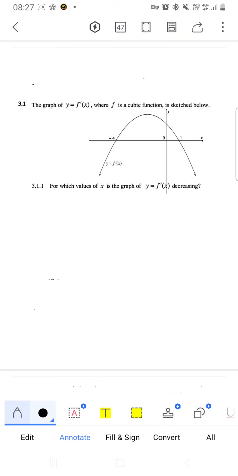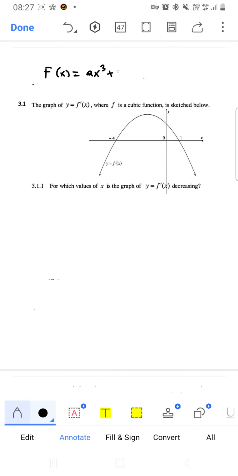The graph of y is equal to the first derivative of f of x, where f is a cubic function, is sketched below. So we have a parabola function there with the x-intercepts as -4 and 1. We don't know more about the y-intercept. And now, guys, it means at first we had this graph, this function, f of x is equal to